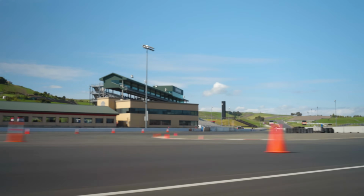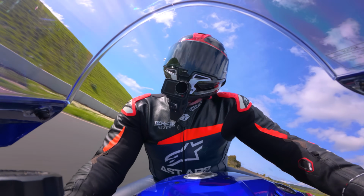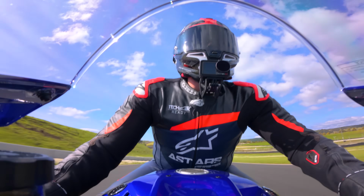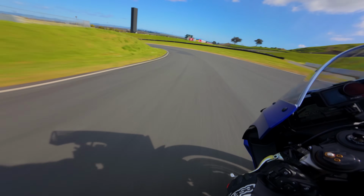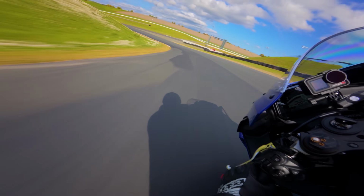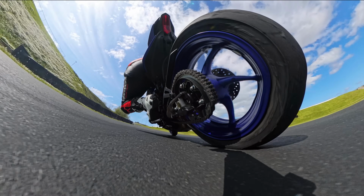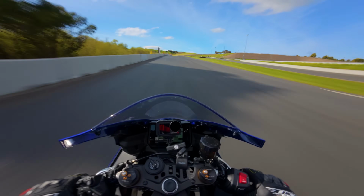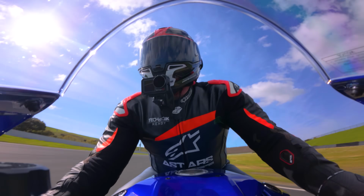So guys, after an entire day on the track, what do I feel about the R9? You know, it has probably been one of the most excited I've been for a motorcycle, because it gives me, personally, everything I'm looking for in a super sport bike for a price that totally makes sense, that I could actually afford if I wanted to. So yeah guys, in summary,